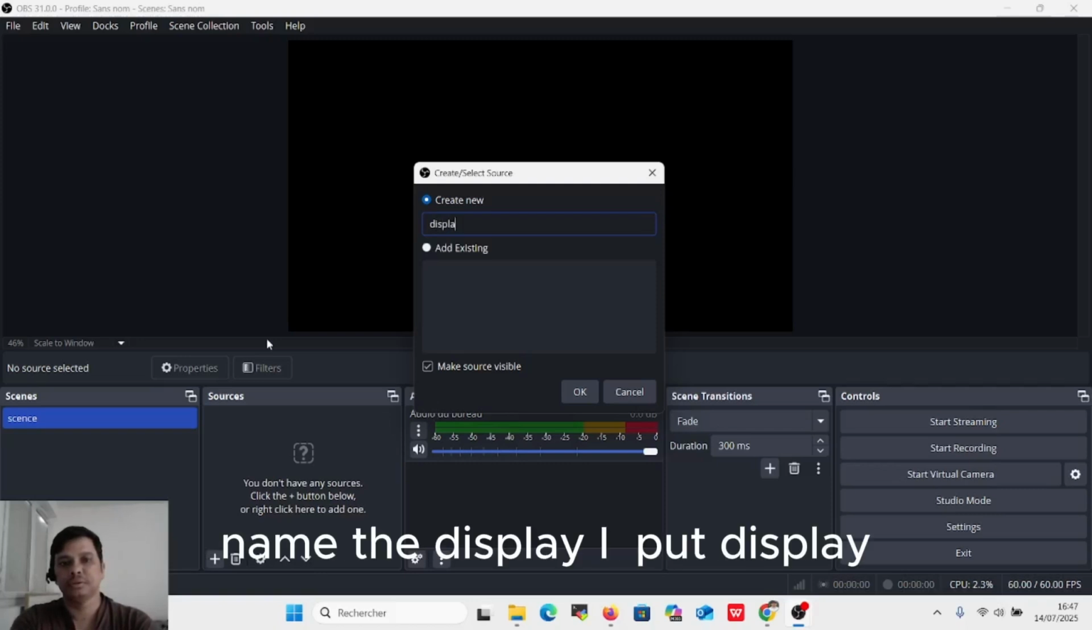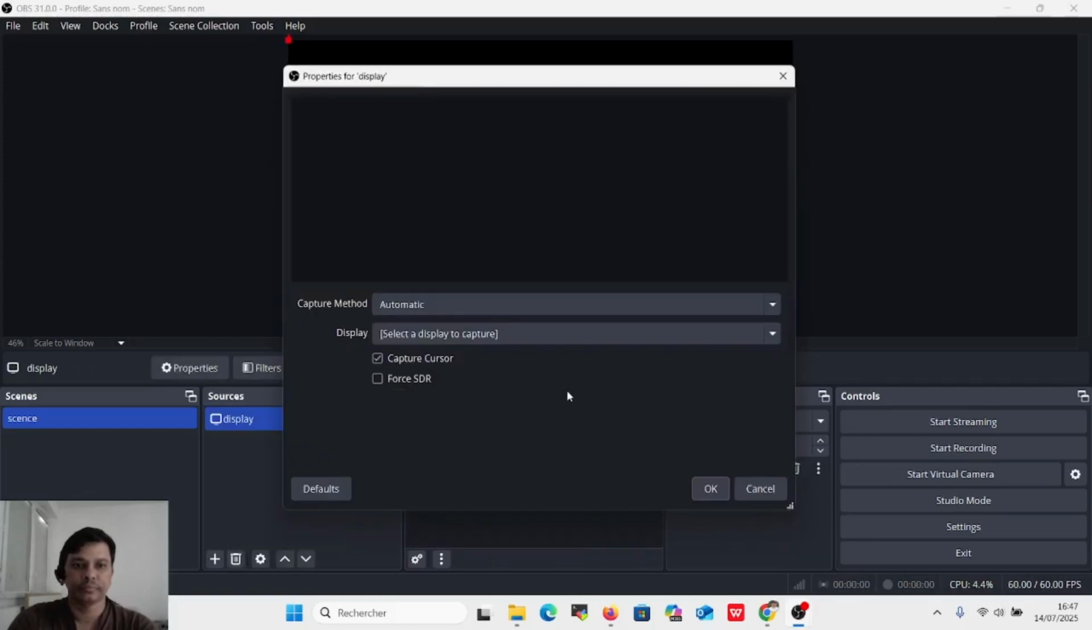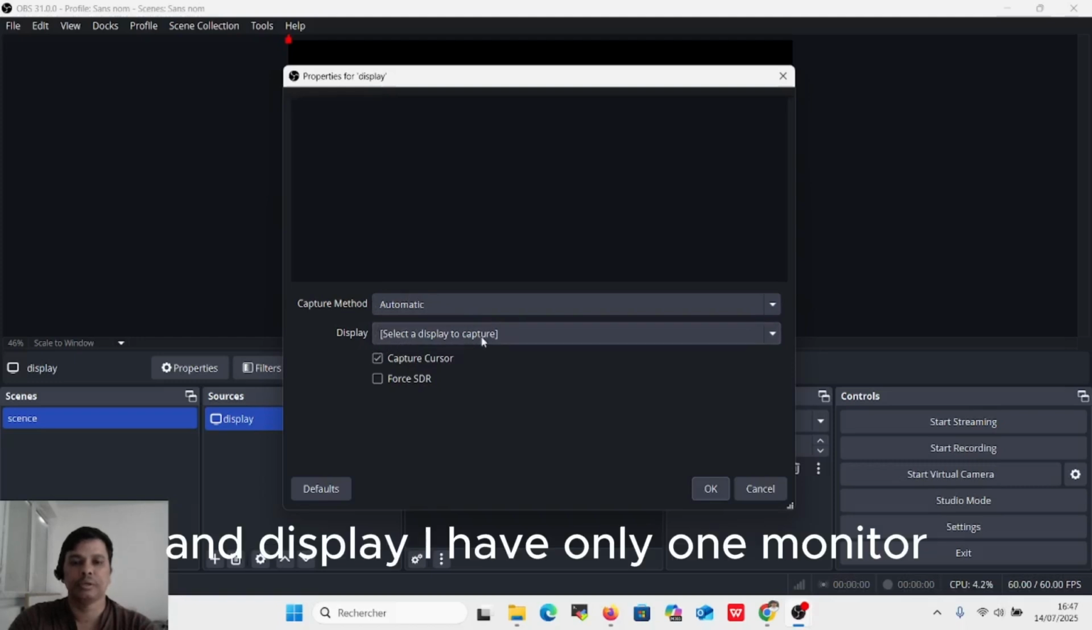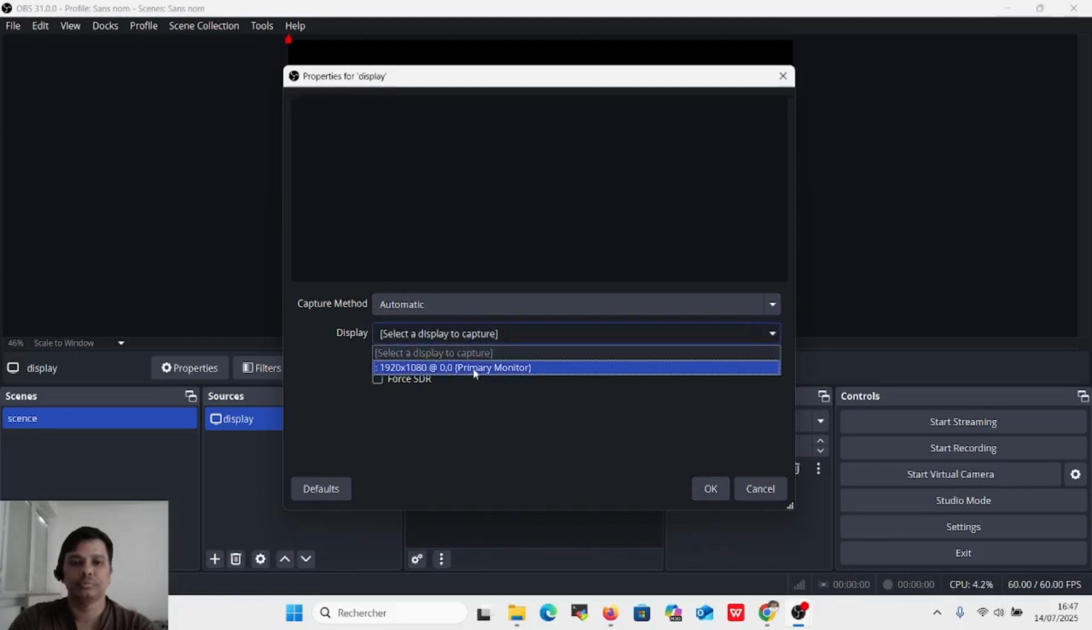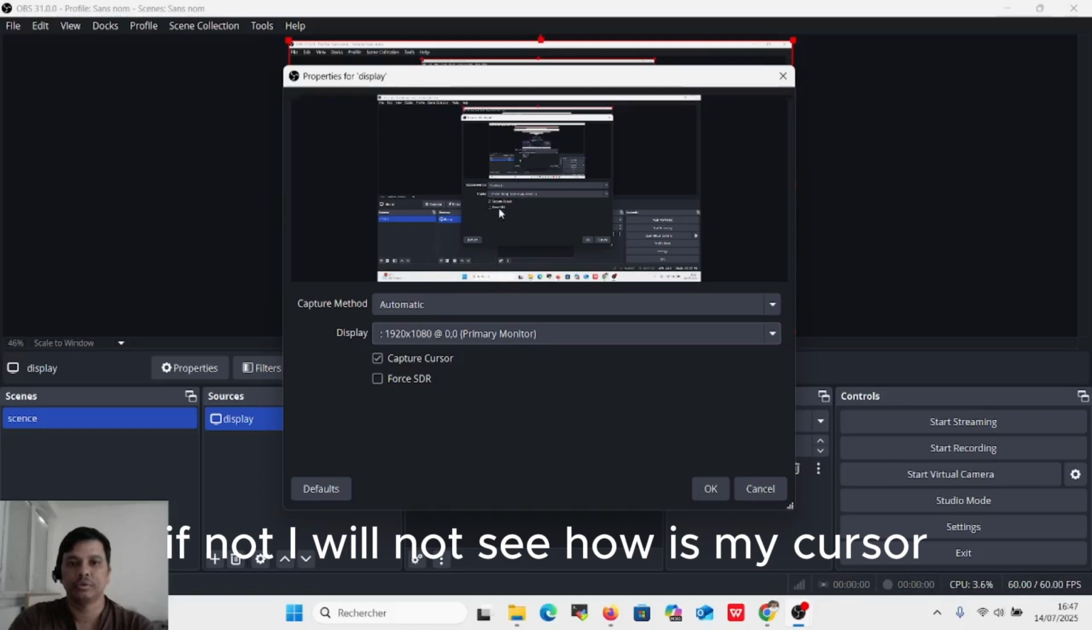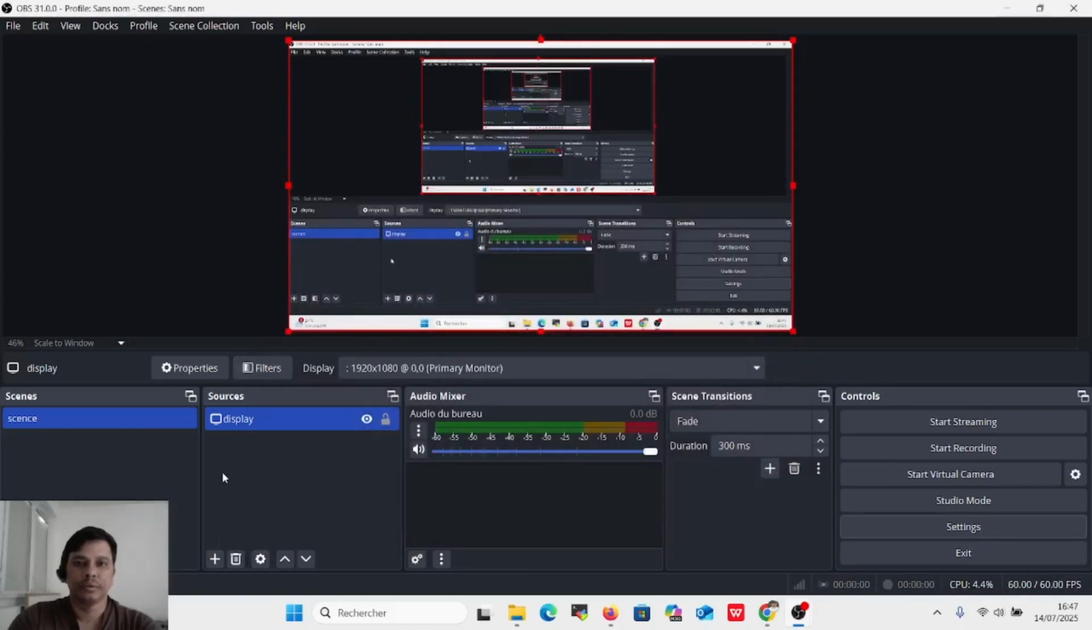Name the display. I put display, and capture method, keep it automatic, and display. I want one monitor. This is my monitor, and click capture cursor. If not, I can't see where my cursor is. Okay,